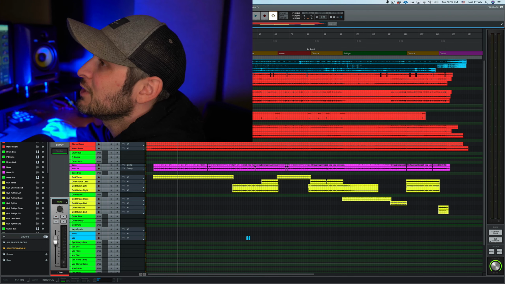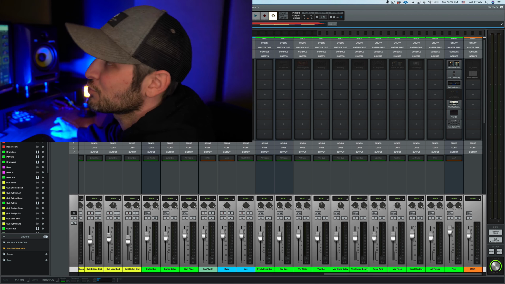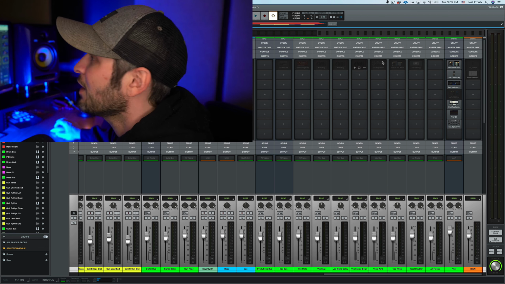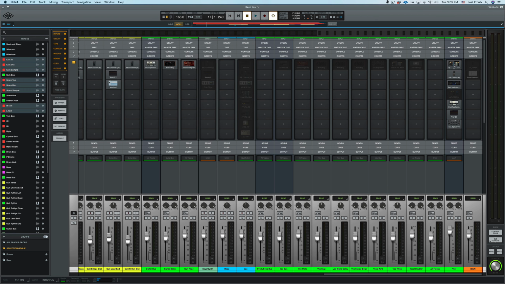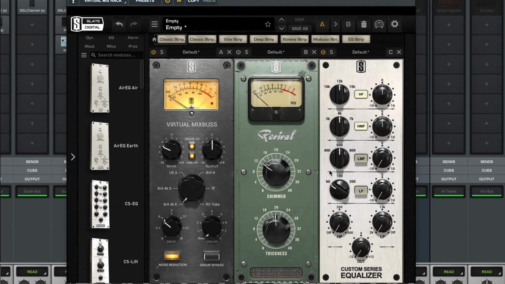After some research, I found out that every instance of Virtual Mix Rack had basically gone haywire. Let me show you what I'm talking about. If I open Virtual Mix Rack on my mix bus, look at these settings. They're crazy. I would never do this. The low pass filter is filtering off everything above 2K. I have no idea what that's there for. So if we turn that off like it should be,